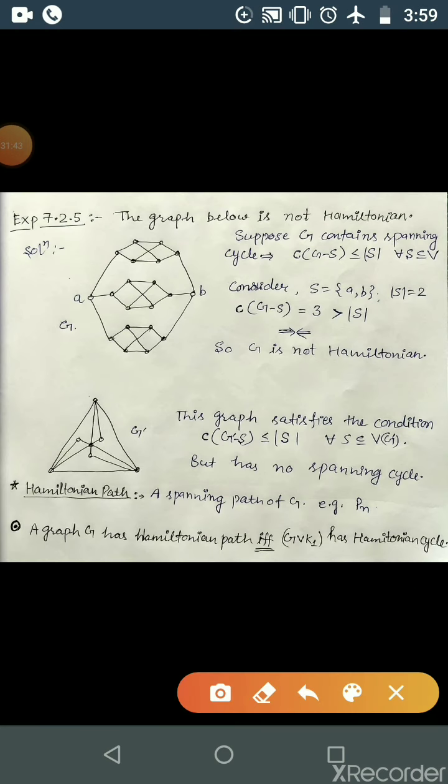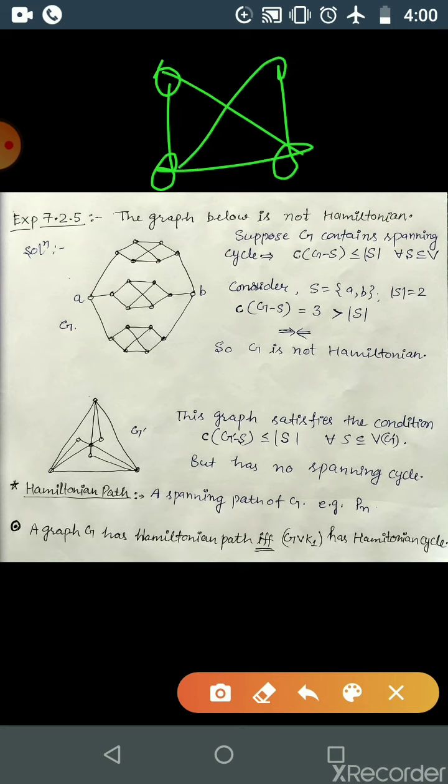Now whenever G is Hamiltonian, then it contains a path as well. You can have this one here. This is a Hamiltonian graph, and the Hamiltonian cycle C4 is there, correct? And because this C4 is there, you can just take from here to here. You can have a Hamiltonian path P4. So obviously every Cn contains Pn, or every C4 contains P4. So that becomes the Hamiltonian path.